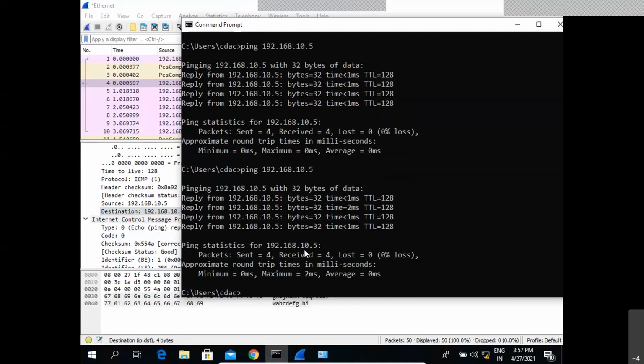What is this time to live? This is one parameter introduced in the TCP/IP protocol suite, because every packet that is generated has to have a time to live set, so that the packet is discarded at some point.